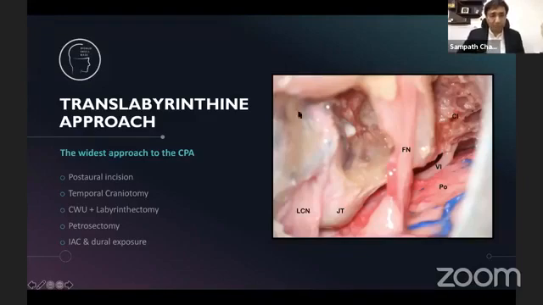parts of these approaches. Okay, so the translabyrinthine approach destroys hearing, so it's not a hearing preservation approach, but the compromise is worth it because it gives a very wide exposure. So if you have a tumor where the hearing is practically gone, severe to profound hearing loss, then this is a better approach. Okay, what does it